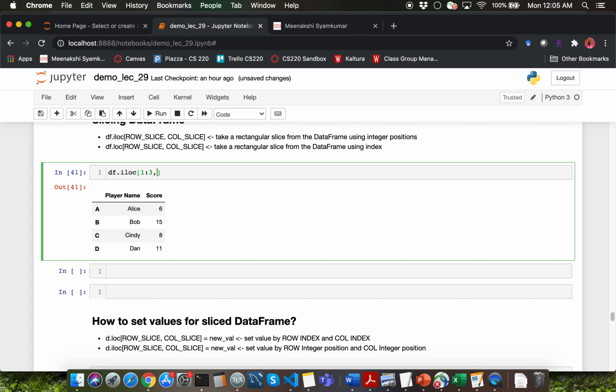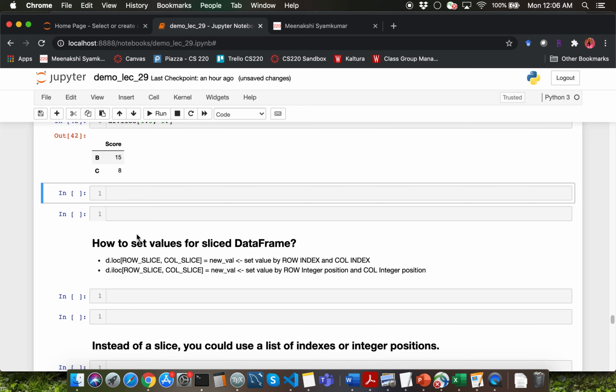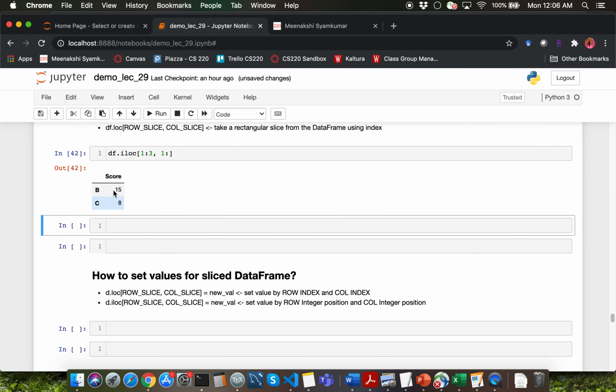So I'm going to say 1:3, and for the column I can simply say 1, because player name is at column 0 and score is going to be at column 1 with respect to integer positions. Now if I go ahead and extract the slice, you're only going to get the score values against the row entries for B and C over here.